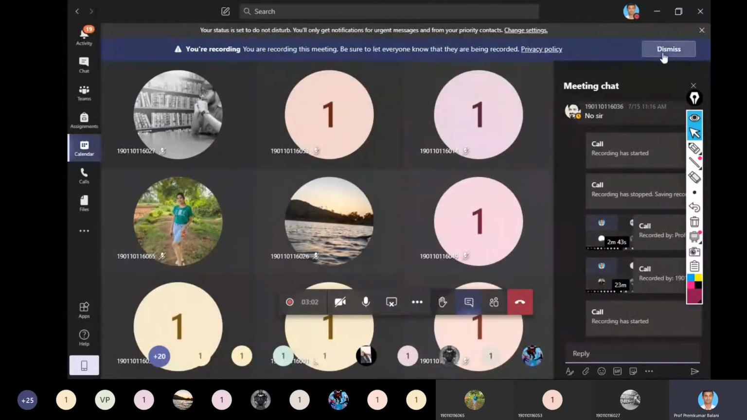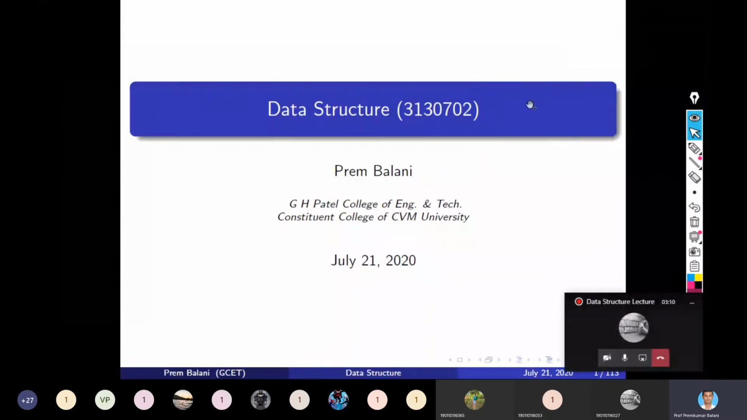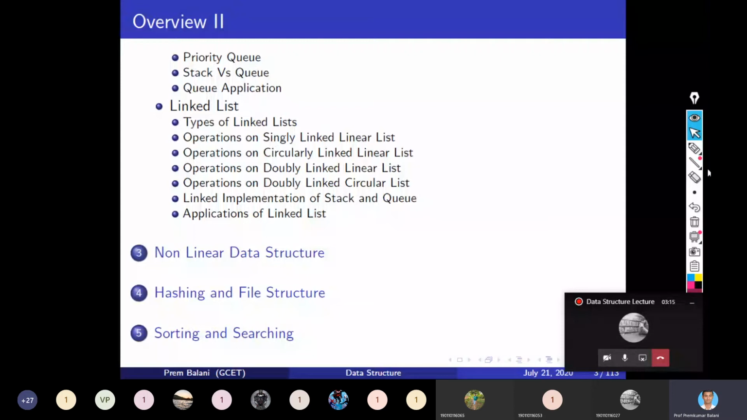Okay, so let's start our lecture. In last lecture, we were looking at the operations we can perform on the singly linked list. In that, we covered the insertion operation and the deletion operation of a particular node whose address is given